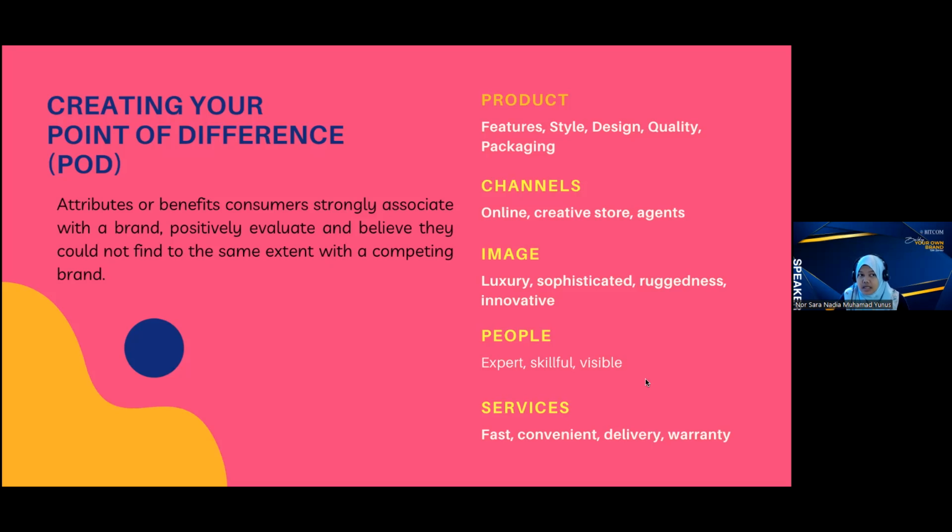So these are the things, ataupun the strategies that we can utilize in creating our points of difference in order for us to position in the mind of consumer. Kita dah pilih tadi the 3 groups kan? So nak buat apa? The 3 group, Adam and Sally, we have Diana. So these are the things that we can use to make sure that our offerings is totally different, which consumers couldn't find in our competing brands. Our competitors tak boleh offer the same thing. So cara dia macam mana? Macam saya tunjuk tadi tu. Alright.